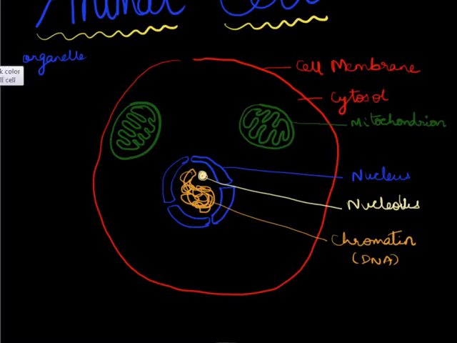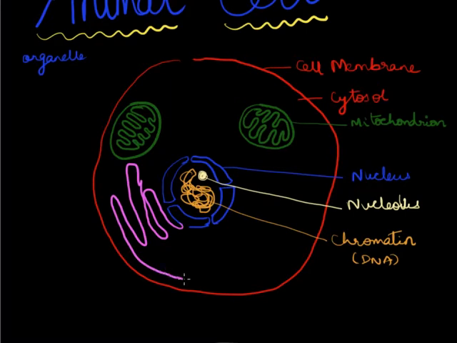Okay, now next we will draw the endoplasmic reticulum. So the endoplasmic reticulum is found in continuation with the membrane of the nucleus. So we have just rubbed out some portion there so that we can draw the endoplasmic reticulum starting from one end of the nuclear membrane. So just draw these set of membranes that look like this,